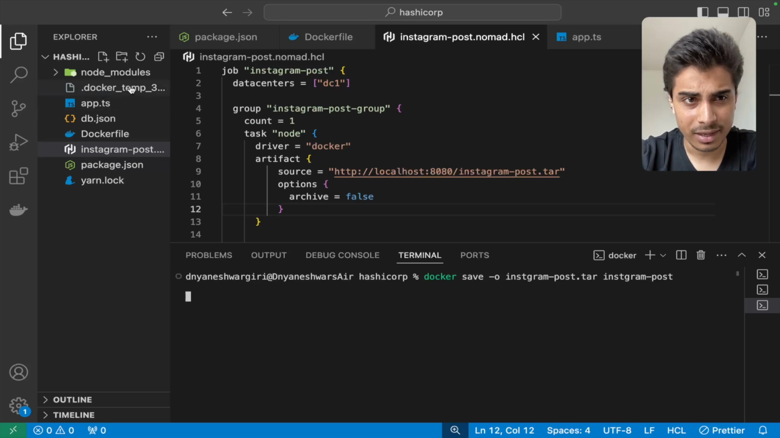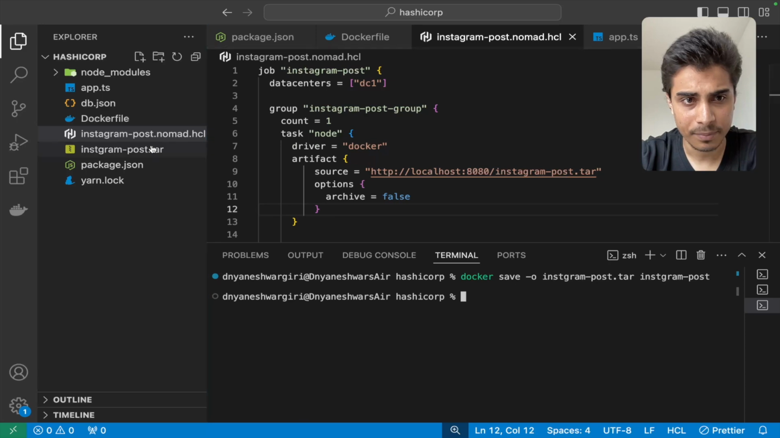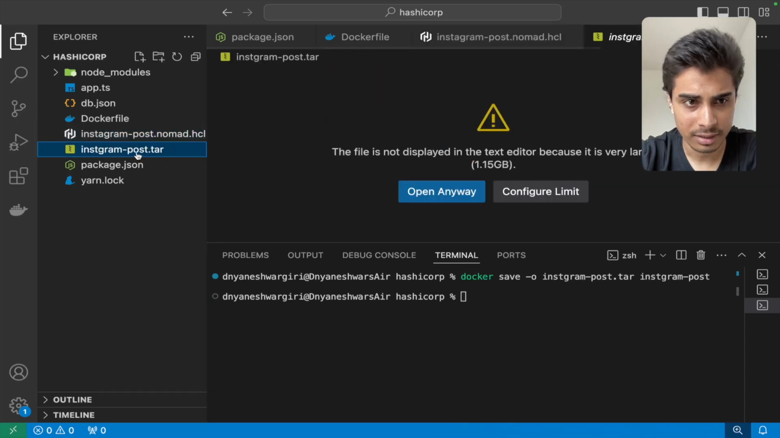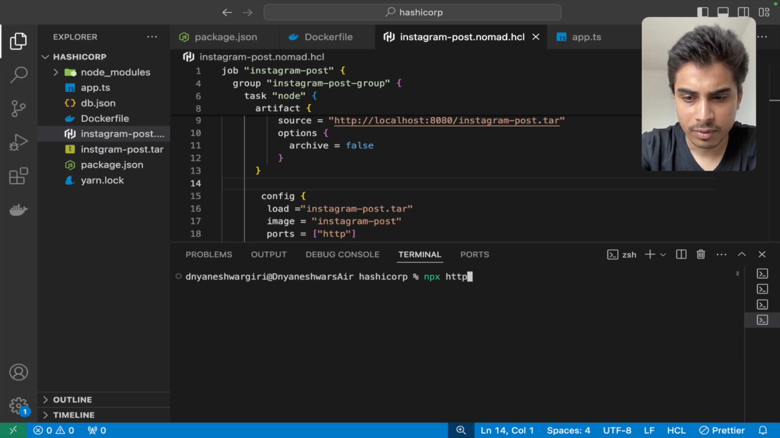So there we go. I have a temp file, and in some seconds I'll have the Docker file. So yeah, all right, I have it now ready. Instagram post.tar is there. Perfect. We'll deploy this over the localhost using a HTTP server. Use HTTP server